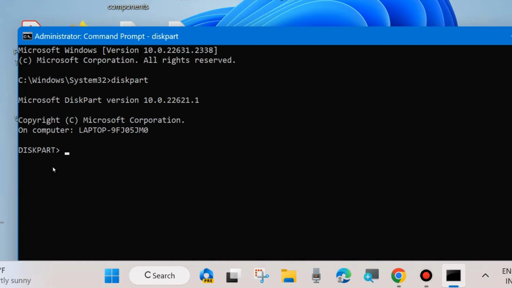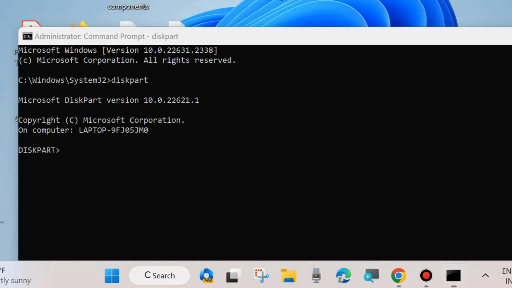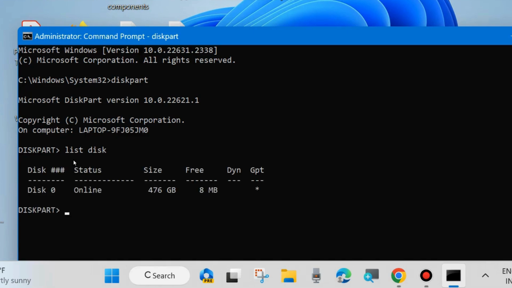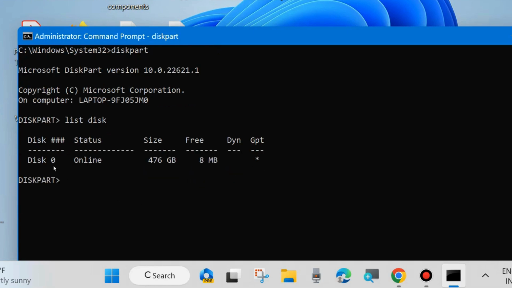Here type list disk, LIST space disk, DISK. After that, you will find your disk and status also, and if you find it offline, then simply